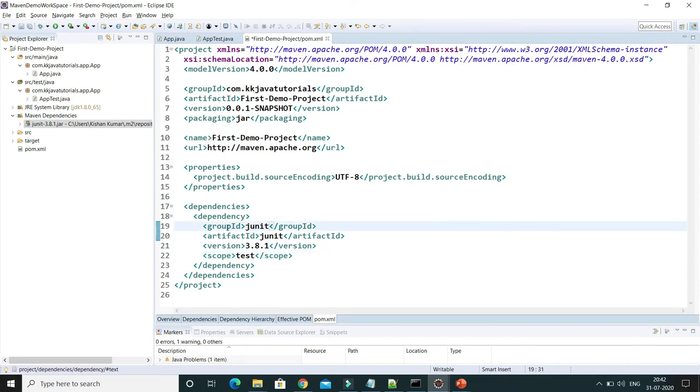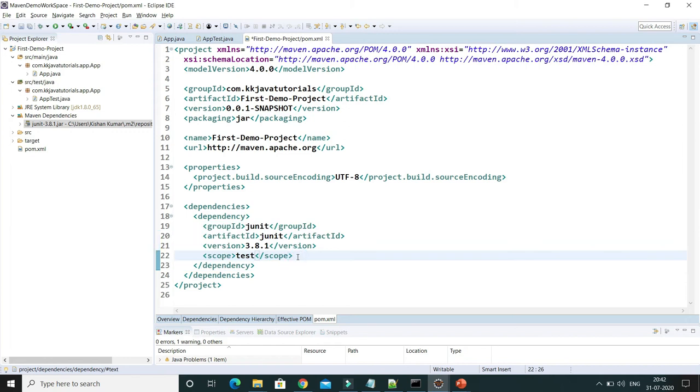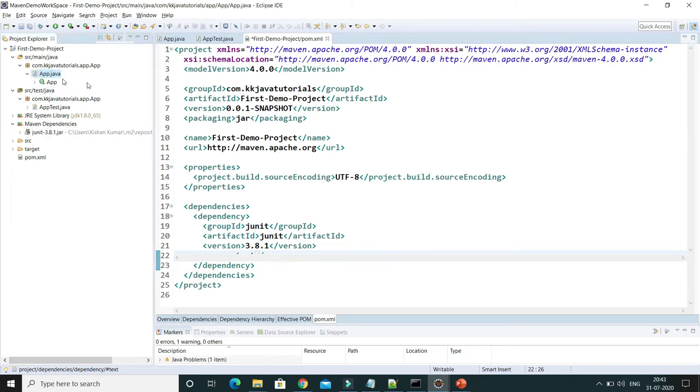So from next time onwards, when we try to build this project, it will not be downloaded, because it is downloaded only once, the first time. Next time onwards, Maven will first look into the local repository that is already available, and then it will not try to download the same from the central repository. These things we have to keep in mind. There are many things we are going to add in the pom.xml, but right now we have this much in mind.